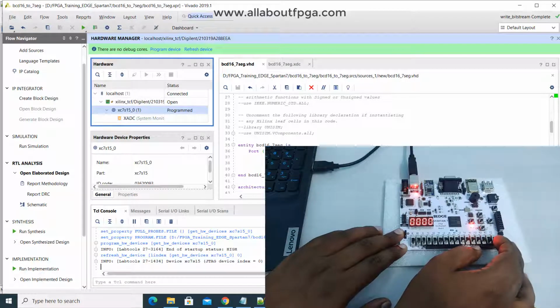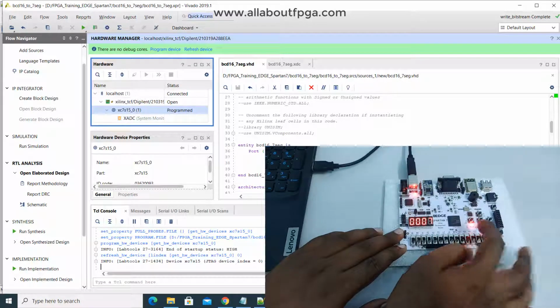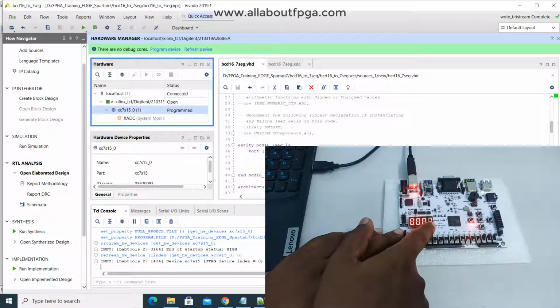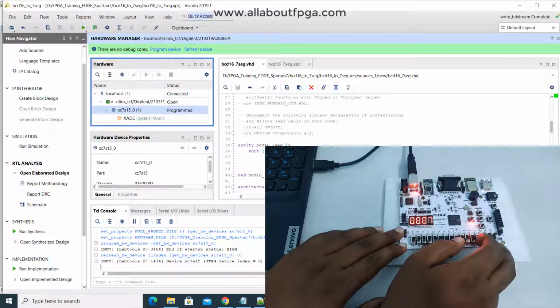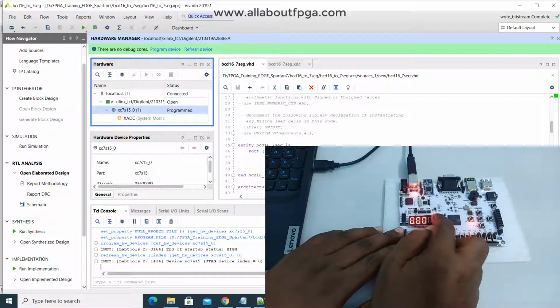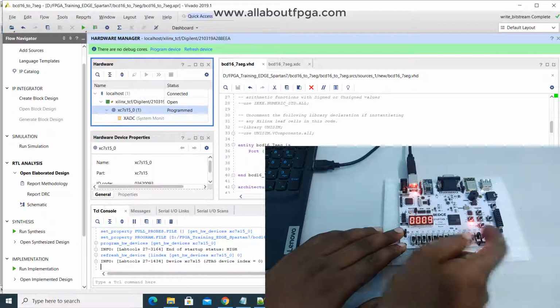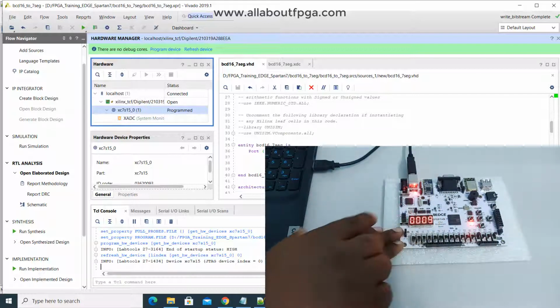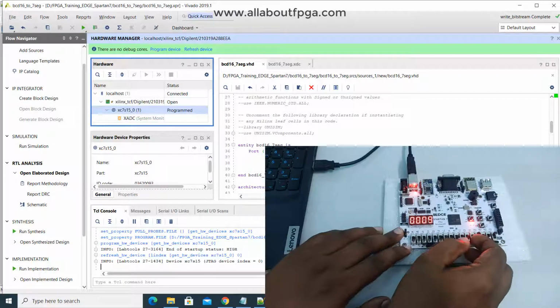Let's toggle the first switch. If I make 3 switches high, 7 is displaying on the first segment. Then if I make the fourth switch on, it won't display anything because it will display only 0 to 9 BCD, so we have to disable that part. So it is displaying 9. Similarly, I am displaying 9 with another 4 switches.